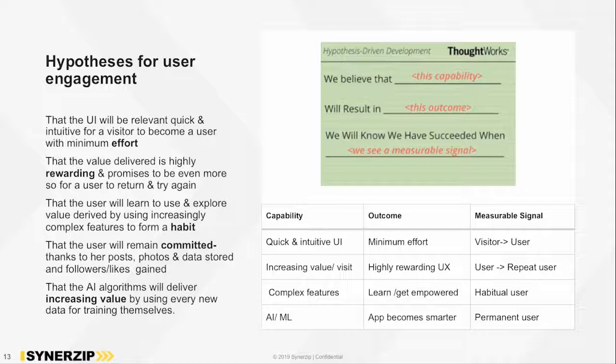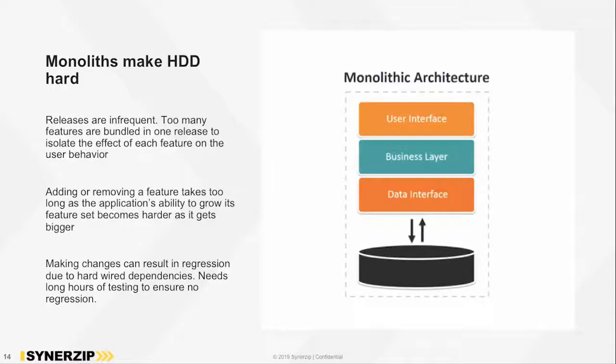So to get these hypotheses validated, you need to use certain tools and techniques, and in the remaining part of the presentation we are going to talk about what those techniques are that we need to use for doing hypothesis driven development, which is also itself a technique. Just as you see in the diagram on the right hand side, where you have a user interface, then a middleware business layer, and then the data at the back end. That monolithic architecture makes it really hard for you to do hypothesis driven development, because